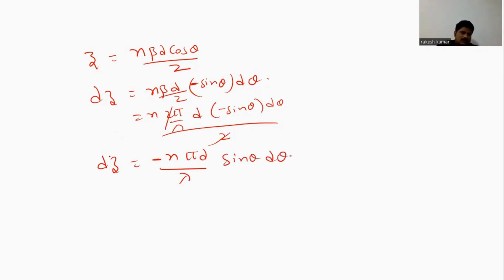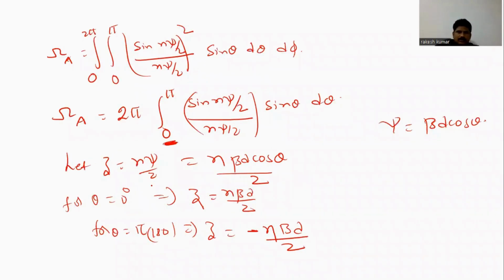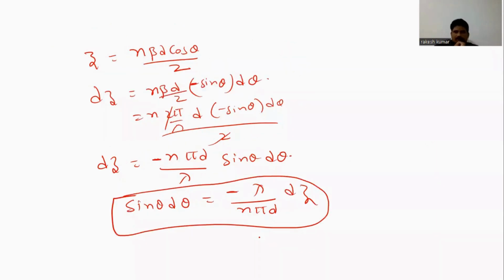Okay, so why am I doing this? All this is because I am changing the limits. Therefore, sine theta into d theta can be replaced with minus lambda by n pi d into dz. So this is the expression. Now I will substitute this here. In the place of sine theta into d theta, I will replace this, and I will replace the limits also. For theta is equal to 0, z is equal to n beta d by 2. For theta is equal to 180 degrees, z is equal to minus n beta d by 2. So I am changing the limits. Therefore, sigma a is equal to